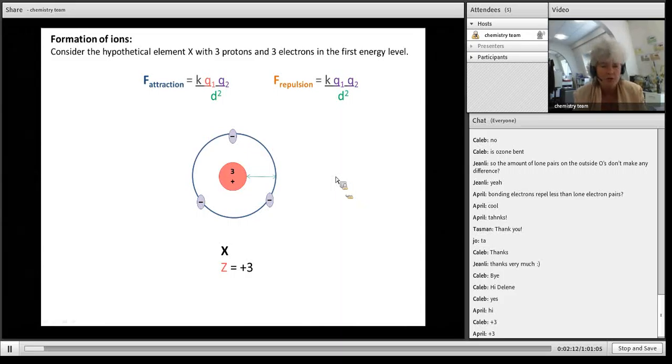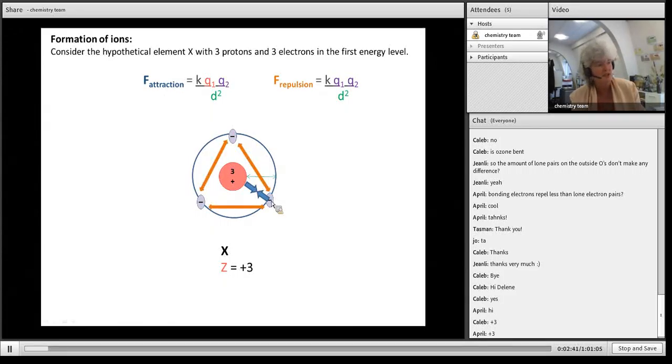But we've also got a repulsion, and it's important to think of that when you deal with ions. When you're just dealing with atoms, everything is in balance, the whole size depends on the repulsion and the attraction, but with ions, we're changing that charge. So we've got our attractive force there, our F attraction, and we also have the repulsion between this electron and that one, and that one, and so on. Okay,